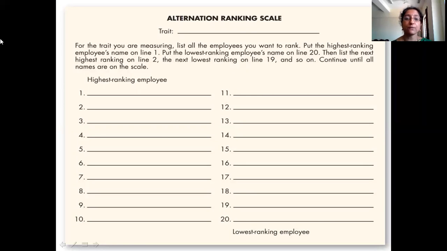This is done for several traits again. You will have the trait of quality on which you are ranking employees from best to worst. You will have a trait of availability, that is how frequent is the employee to office, how many leaves does the employee take, is the employee regular to office. On this trait, you can again rate another employee.